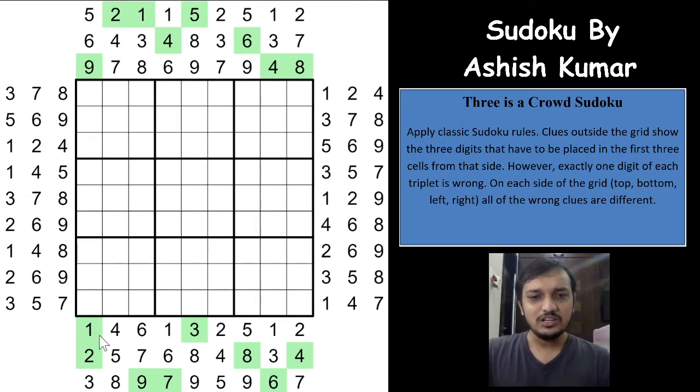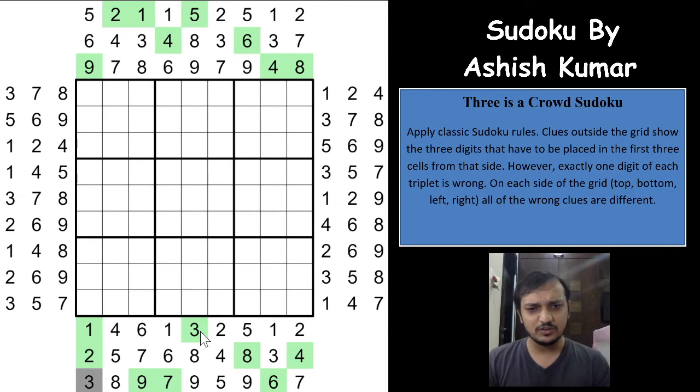So if you see, 2 digits are already marked as correct, which means that the third digit will have to be wrong. Superb, right? Excellent way to start this Sudoku, which means that the third digit is wrong, and all the instances of this digit occurring on the same side of the grid and the other places have to be correct, because you cannot have 2 same digits wrong in each side of the grid. So all the digits which are wrong will have to be 1 to 9 exactly.